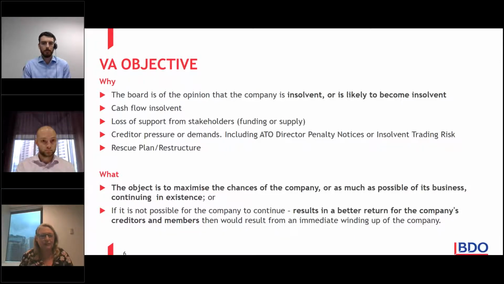There's creditors putting pressure and the directors know they're exposed to a personal liability situation if they trade whilst insolvent. And there's a very common trigger, as you might be aware: the Australian Taxation Office. If a company's not paying its liabilities, they can send what we call a director's penalty notice out to the directors. And one of the solutions to get out of that personal liability is to put the company into voluntary administration. But ultimately, I think voluntary administrations, called Part 5.3A under the Corporations Act, are like a rescue plan. It really is to restructure the company.